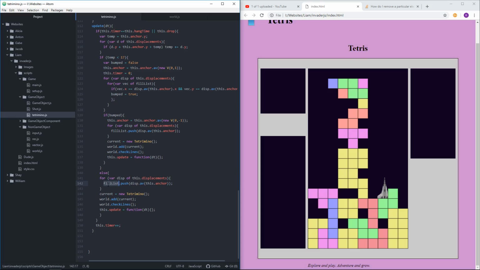We're going to have to store their color, and we're going to have to actually kill the tetraminos when they are done. We're going to have to remove them from the world, but transfer their information over to the fill list along with the color that they have, and then